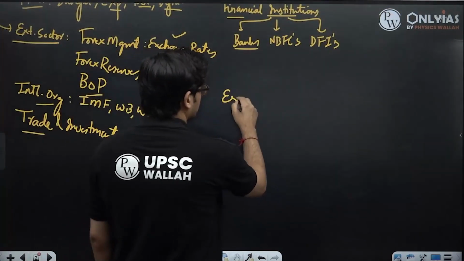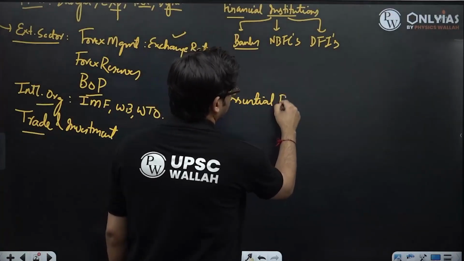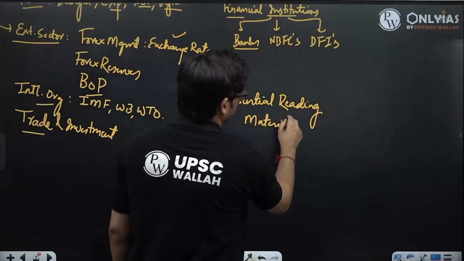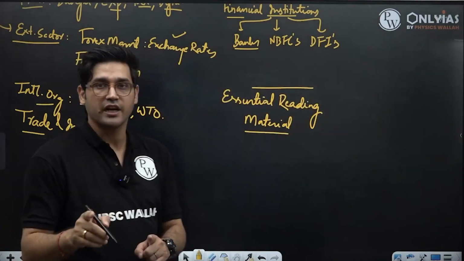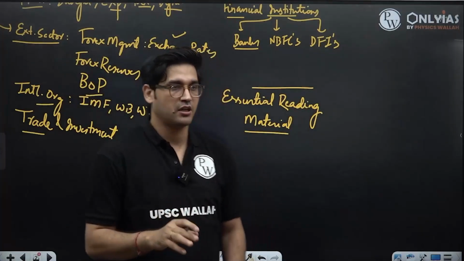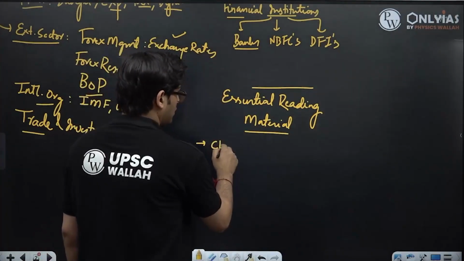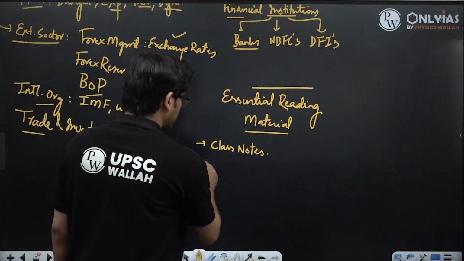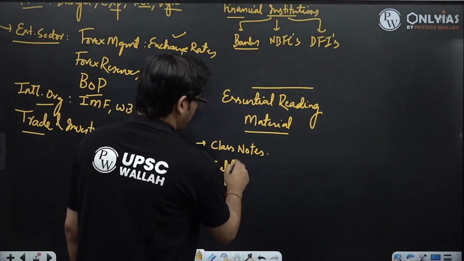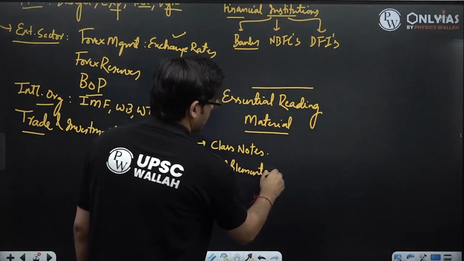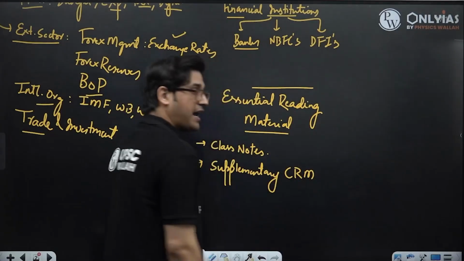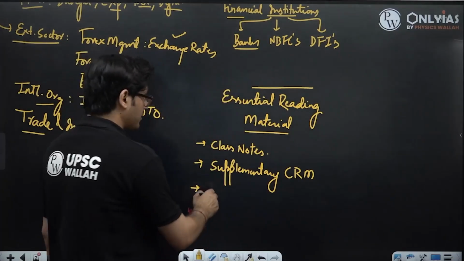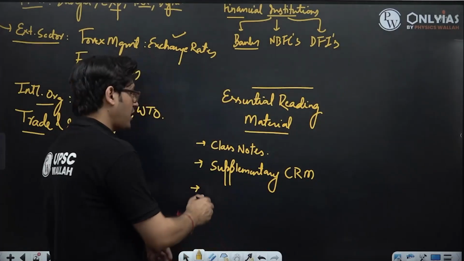So for the prelims examination, this is broadly what has to be covered, and the sources for these sections will include what I call essential reading material. Your essential reading material is the material that you just cannot skip. This will include your class notes. This will also include your supplementary classroom material as is provided by OnlyIAS. Not just this, we will also have to add here the most important aspect, which is that of